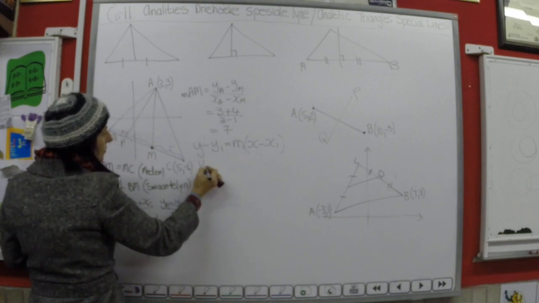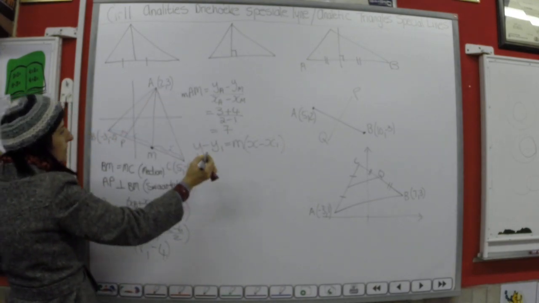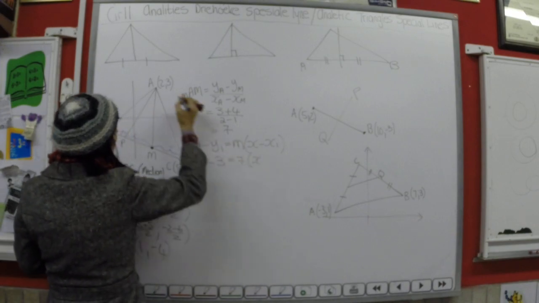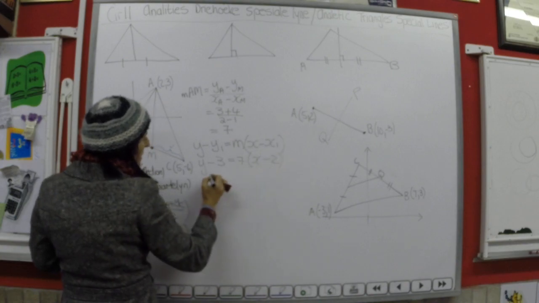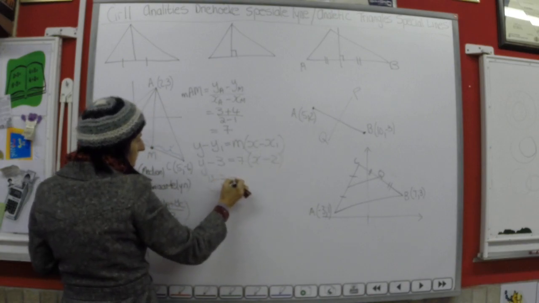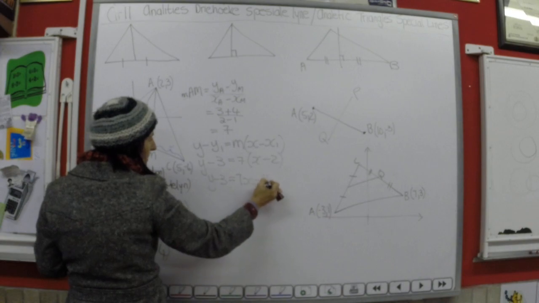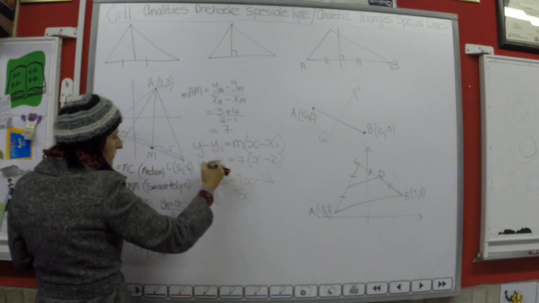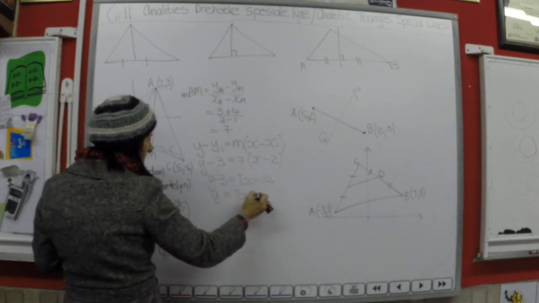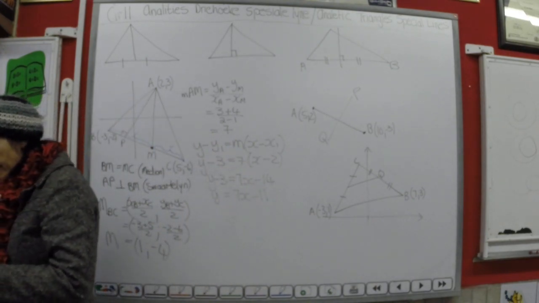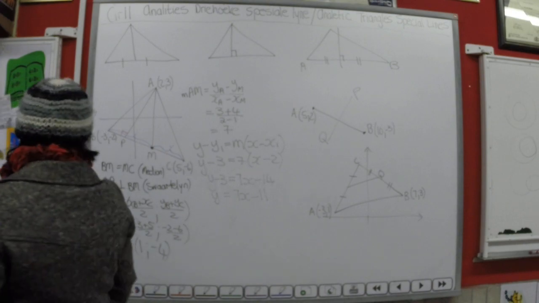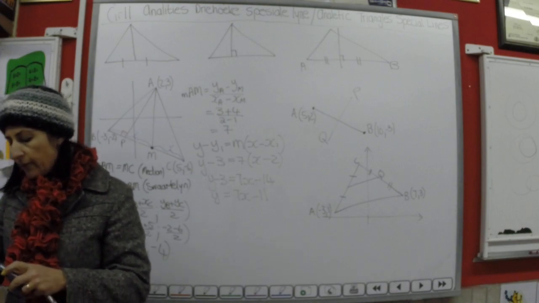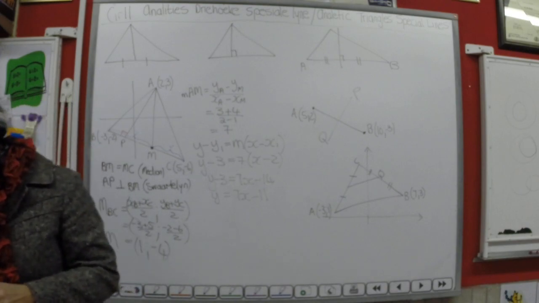So let's insert the coordinate. Kom ons gaan so met daai enetjie. Daar's my y-waarde, daar's my gradient, daar's my x-waarde. I can multiply this in 7x minus 14 en dit gee vir my y is gelyk aan 7x. If I take the minus to the other side, it becomes a plus. And the equation of that median is y equals 7x minus 11. Beautiful. Volgende vraag. The equation